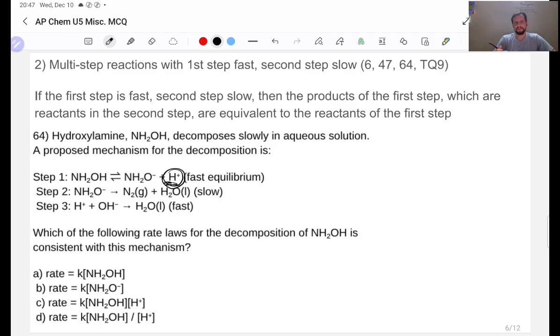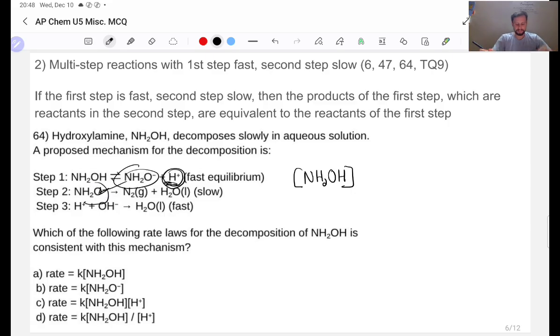There were some examples of this in the OpenStax books, which talk about determining the new K value, which I haven't seen any AP MCQ questions go over, so I don't think you need to know that. But you can see that the first step is fast, the second step is slow. So this NH2O minus, I'm going to replace it with the concentration of NH2OH